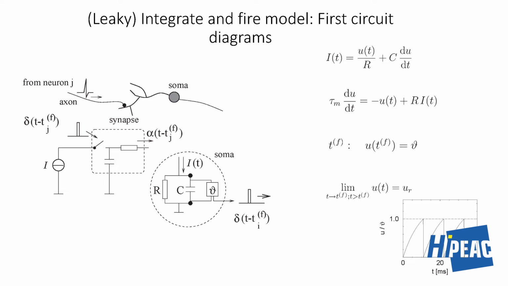You can have a simple RC circuit, right, and you write down the equation for that, this Kirchhoff law. The current that goes here splits, goes left and right. So this one is your potential divided by resistance, and this one is your capacitance times the derivative. So I can extract du, kind of u dot, how my action potential changes over time. And the equation that I got is very similar to the equation of that neuron that I have written down,